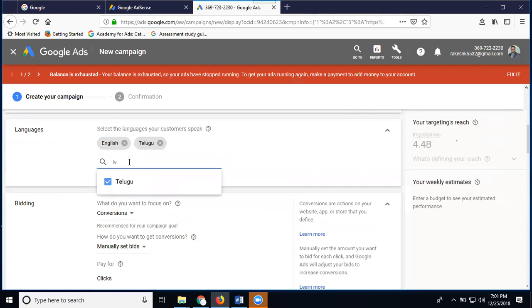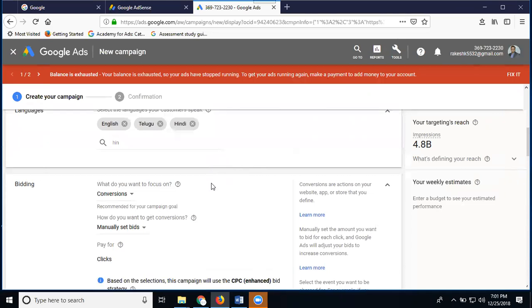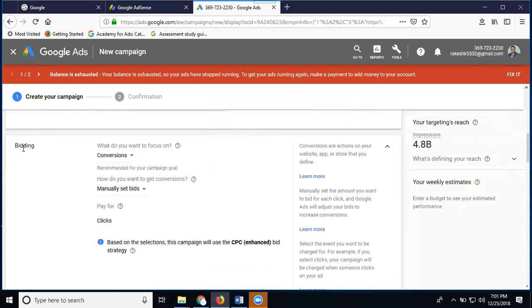You can select Hindi also. So previous was 4.4, after 4.8, now it will be 4.8. Total people getting targeted is 4.8 billion. Throughout India, 10 billion plus target.